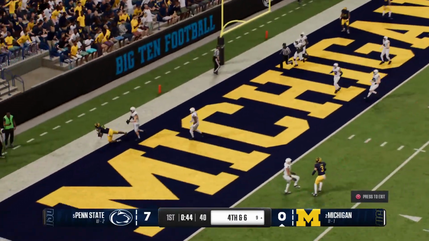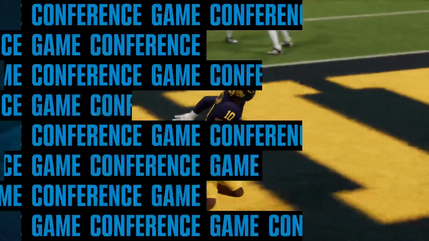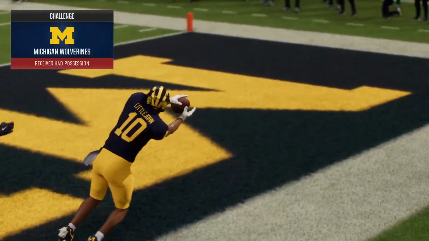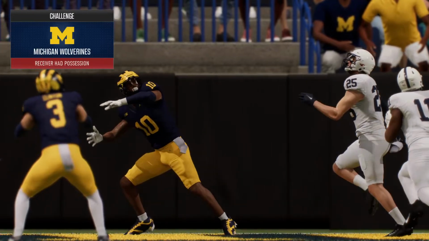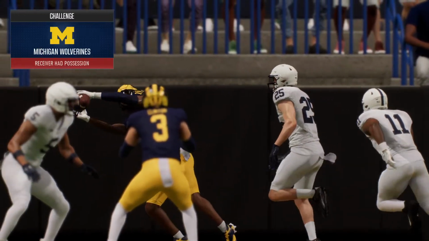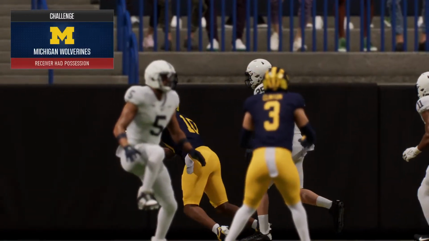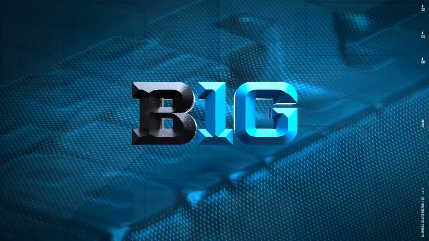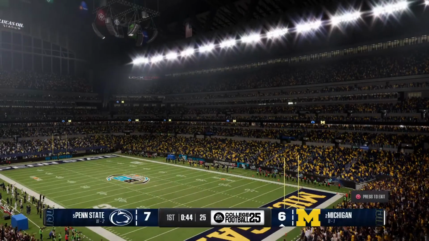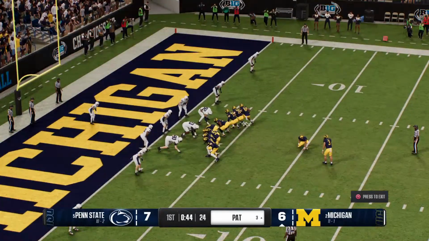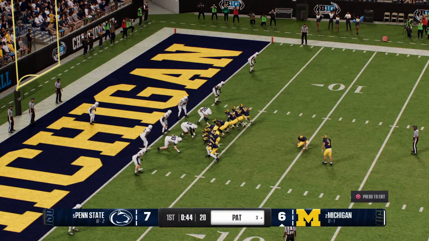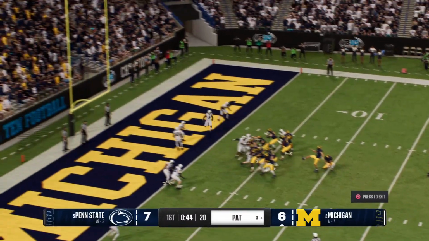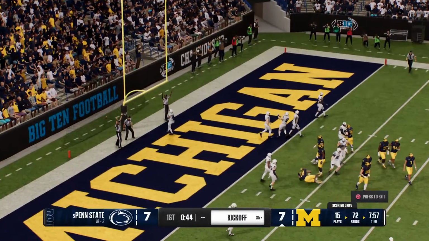Looking for 6. Incomplete, and that shot to the end zone. Hold up a second. The coach has called timeout. He may use a challenge here to have the officials take another look at that one. So they take a closer look, and the replay booth will overturn that ruling on the field. And they tack on the extra point.